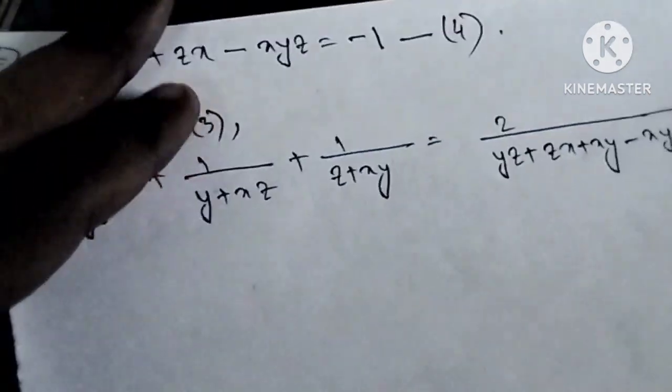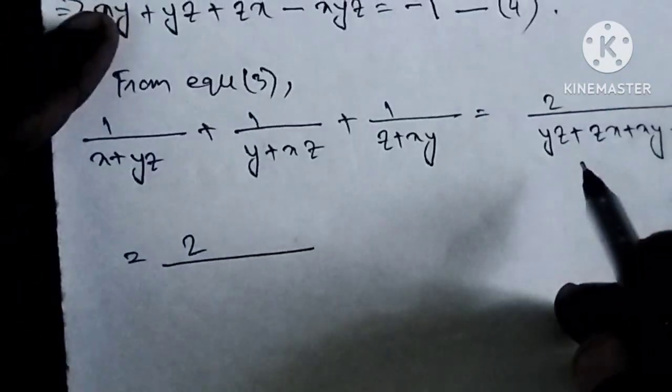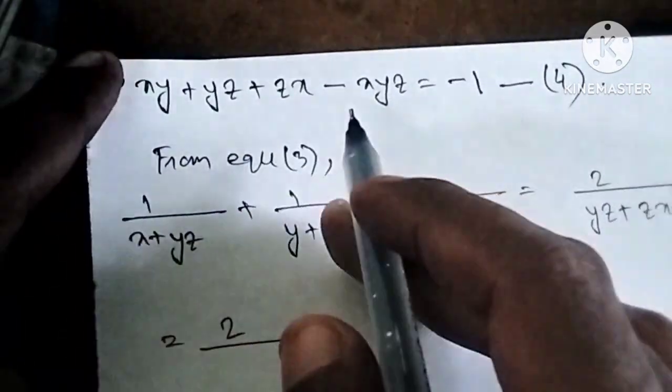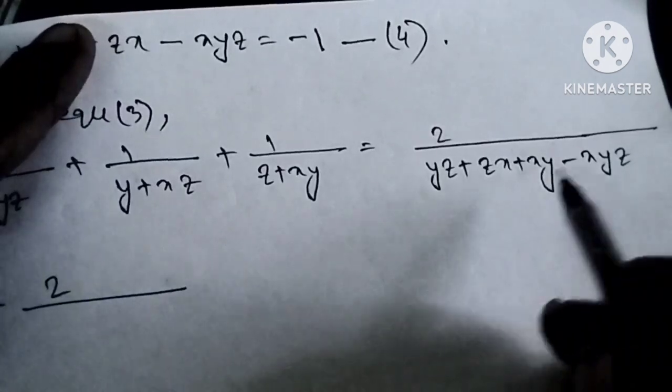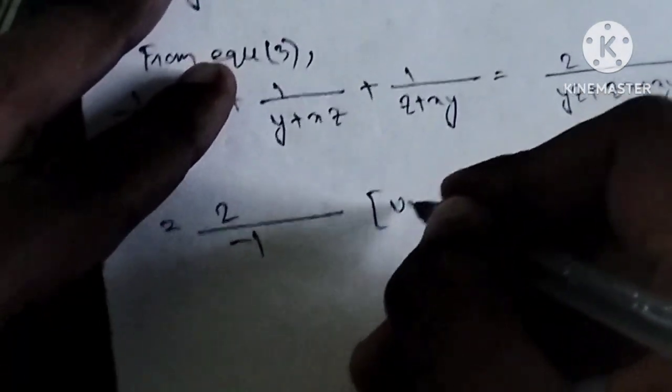Clear? So it will be 2 by, here only, from equation 4, xy plus yz plus zx minus xyz is equal to minus 1. So yz plus zx plus xy minus xyz is minus 1